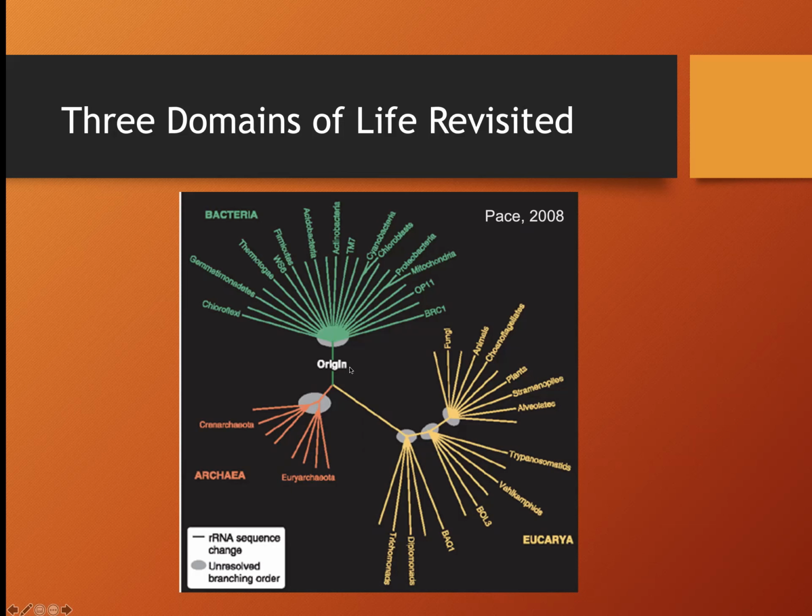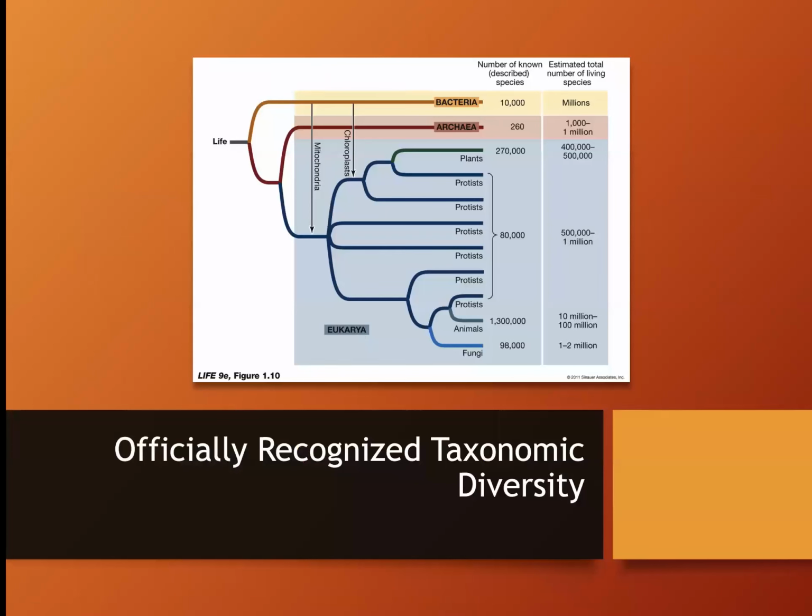And so he argued you really can't look at the branching pattern here very effectively. Nonetheless, when we make trees, and this is from a general biology textbook, this is what we normally see with nice splits, okay? And this just highlights the fact that we have so few of the